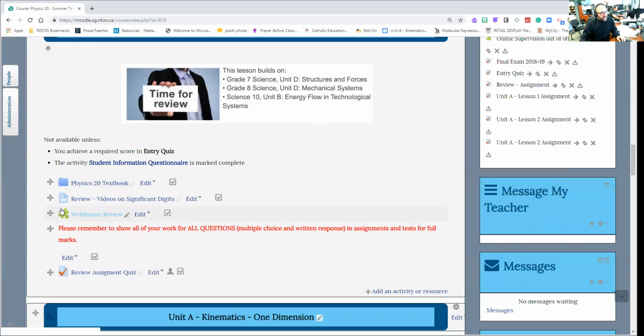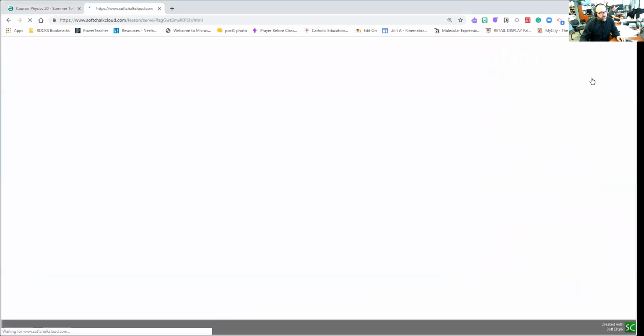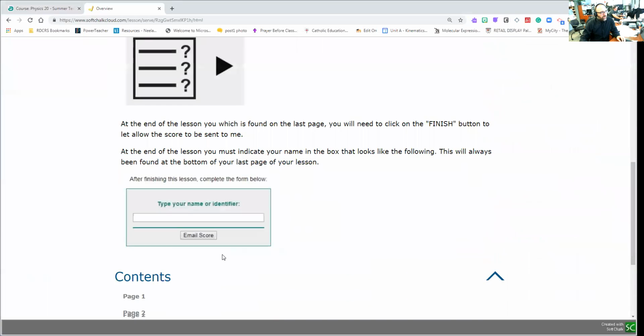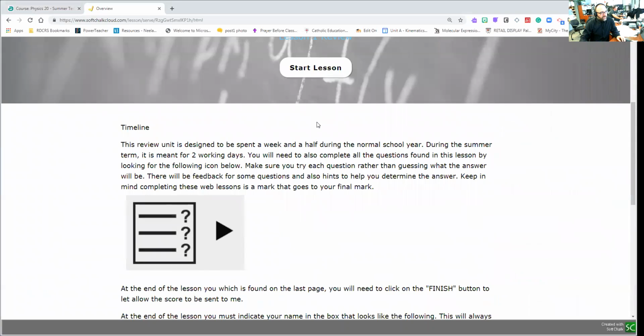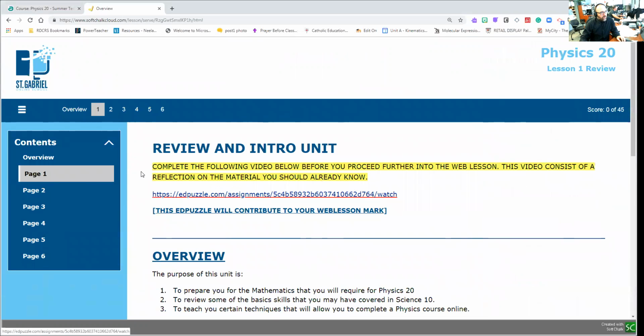You'll realize that anytime there is a little puzzle piece, that is a web lesson. In that web lesson, it's essential to follow all the instructions to get the full marks, because this is worth 15% of your mark. Do read the timeline, how long it normally takes in the summer term, 2 working days, just giving you a heads up on that. So start the lesson, and you're going to realize it always starts off with the following,